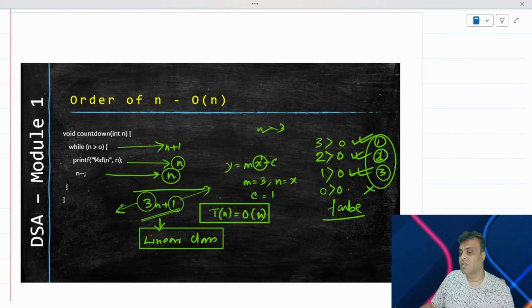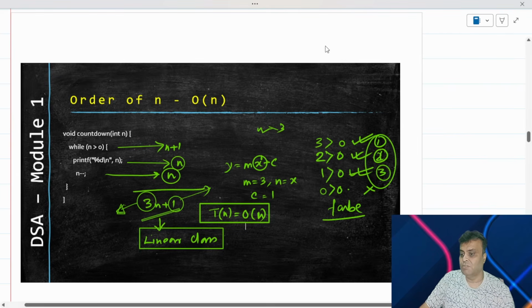The steepness of the graph can anyway be eliminated by putting it into a faster machine or a slower machine. Hence, it will eventually become an order of n, right? So everything becomes an order of n is what we had established from a graphical standpoint. But from a mathematical standpoint, what I'm trying to say is that an order of n is nothing but the highest degree of the polynomial, which is here x1, right? So we will actually execute this as an order of n and not as n square, n cube, etc. And it is of course dependent on the input, hence n is there.